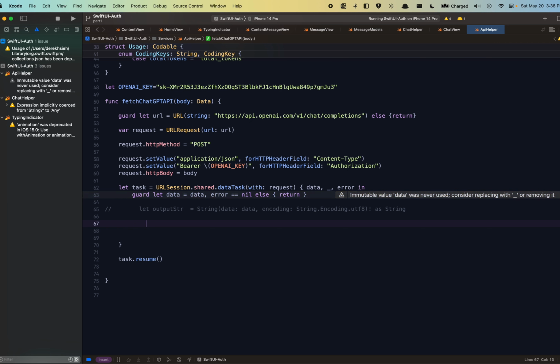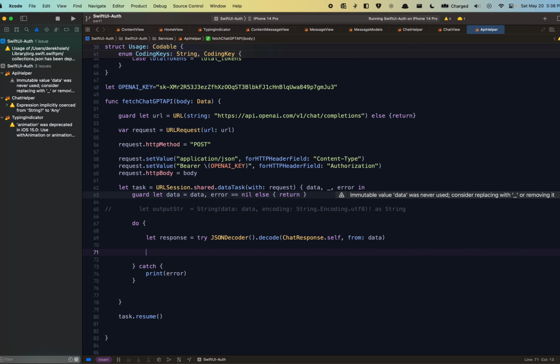So we're gonna say this is gonna throw. So we're gonna do a do catch, and then print error. And then inside of here, we're gonna say let response is equal to try JSONDecoder().decode, and then ChatResponse.self. And then we're gonna do it from data, and it should give us our object now. So if we say let JSONString is equal to response.choices, the first one in the array, message,